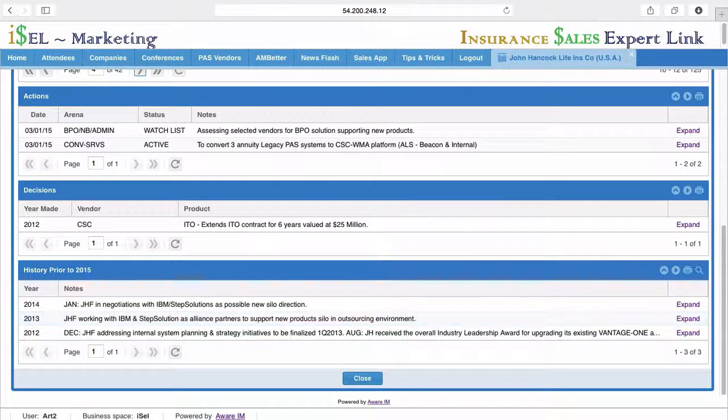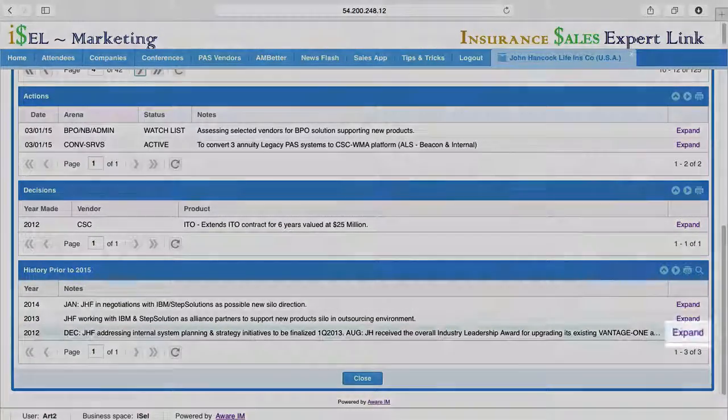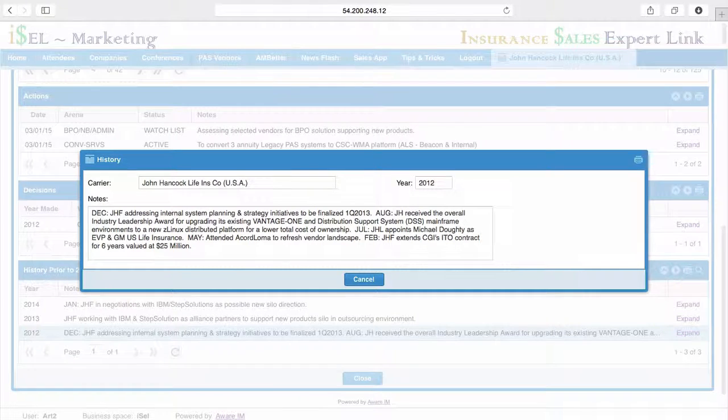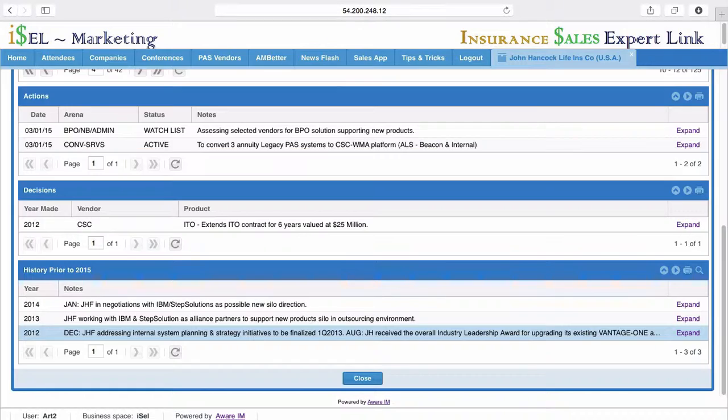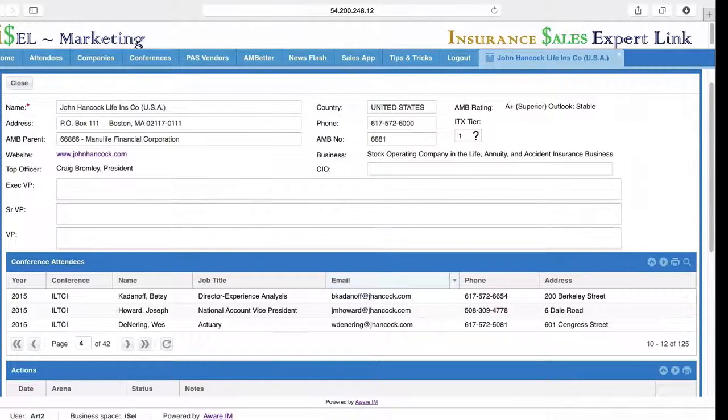Now you notice that some of these lines will have more information than will fit on the line, so you can click on this expand option and it will display in a pop-up window all of the text entered for that line. So any line that has more text than will fit, you can display the pop-up window and have access to all of the information contained. Okay, so that is the panel that pops up.